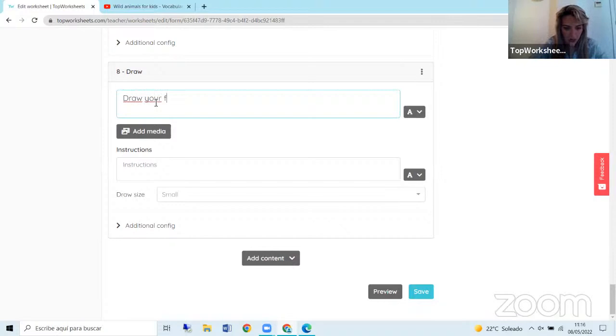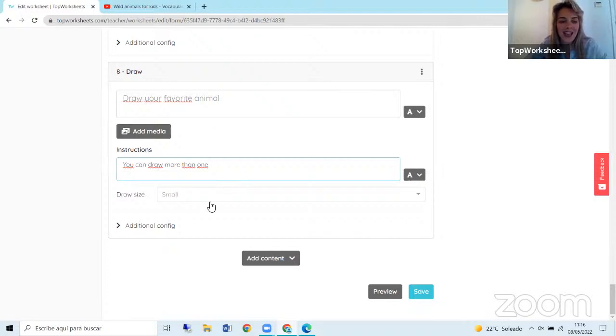Draw your favorite animal. In this case, I'm going to add a few instructions. For example, you can draw more than one in case they have more than one favorite animal,